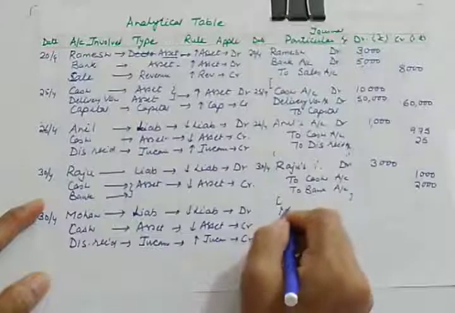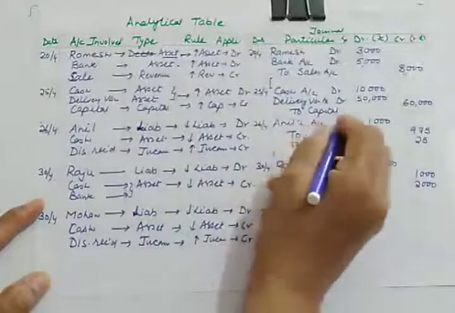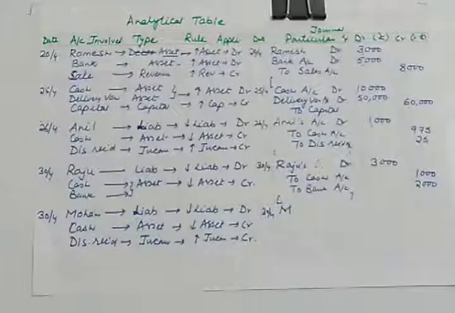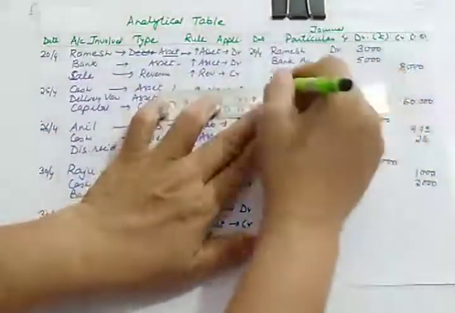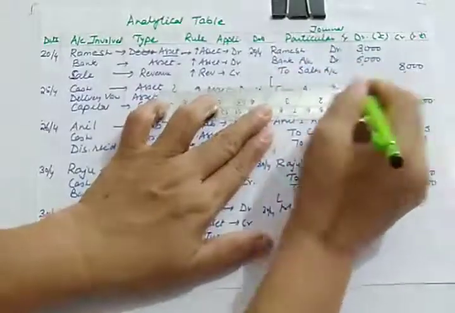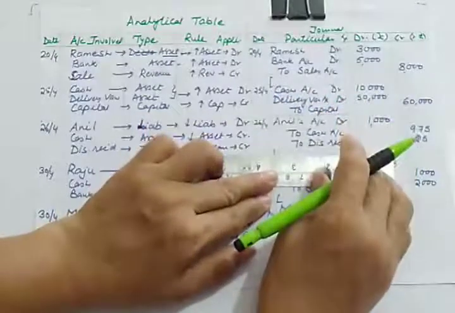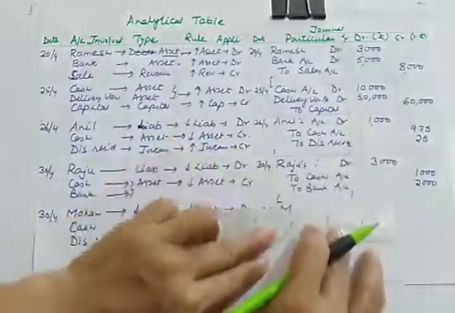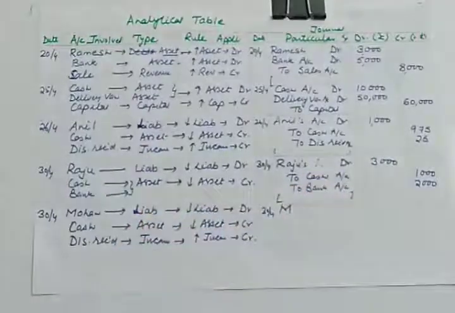So let us frame the journal entry on 30th April, and I told you after writing narration you need to put a horizontal line after every transaction. This line has to be there. Like this, not up till this, only till this point it has to be there. After narration, student used to ignore narration, but you need to write narration for every transaction.